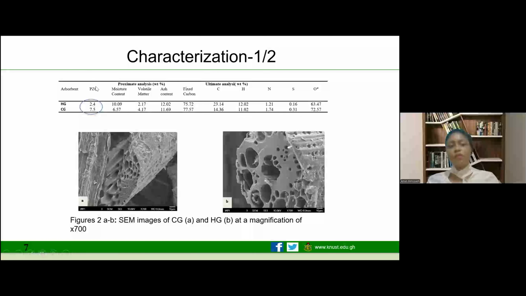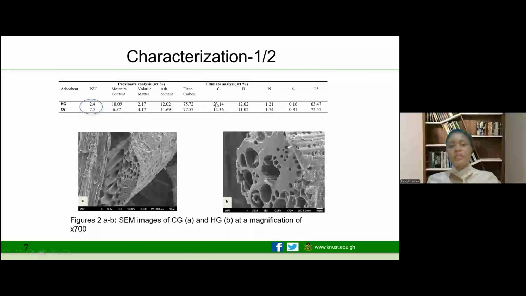I want us to focus on the point of zero charge. HG here, please, I'll define, is the activated carbon derived from phosphoric acid. And the CG is the one derived from acetic acid. So there was a lot of disparity between the HG and CG points of zero charge. I would want to say here that the entire experiment, the removal or uptake of SOL, was largely controlled by pH. So hence I'm emphasizing the point of zero charge. Every other parameter, like I earlier mentioned, was typical of what you get from lignocellulose material.